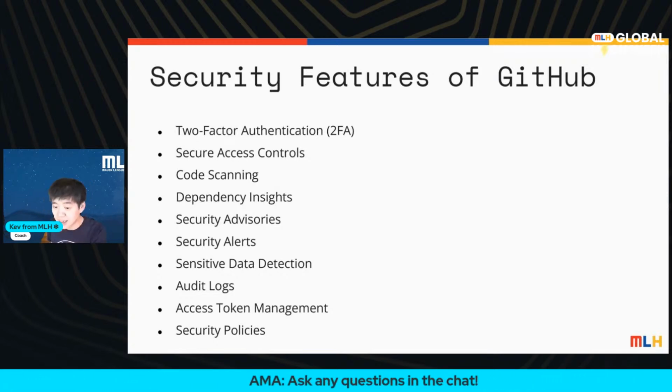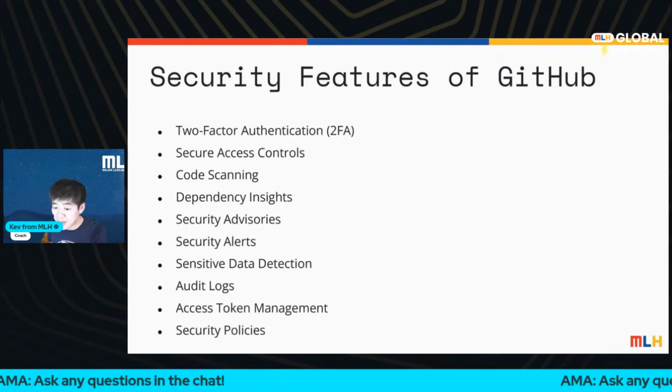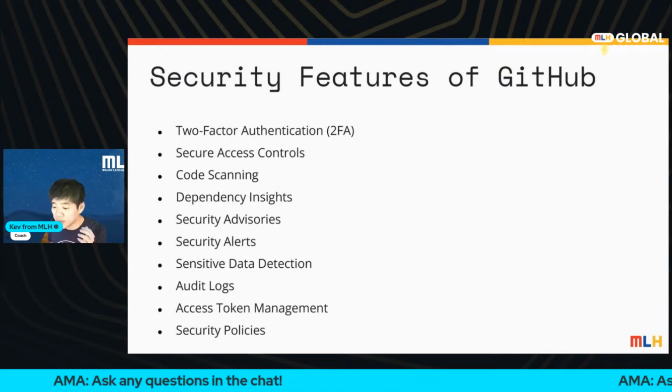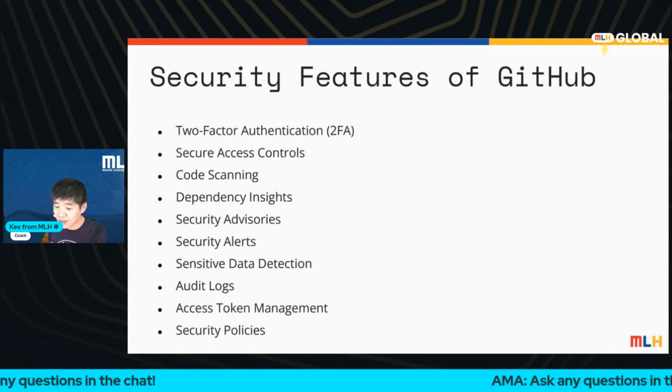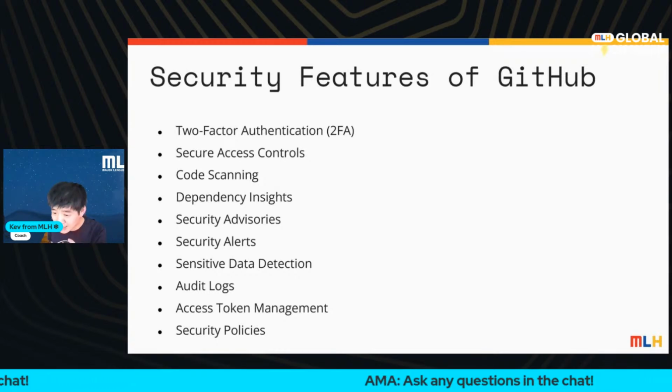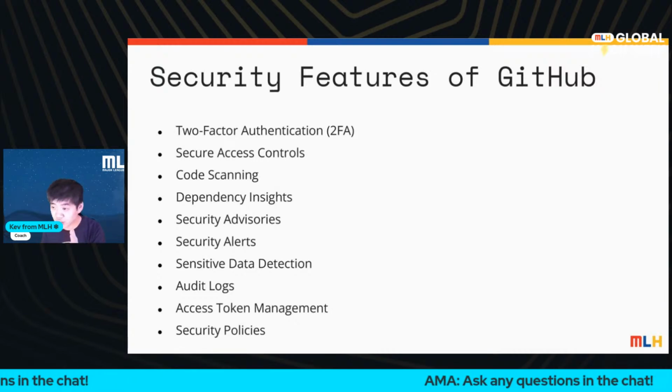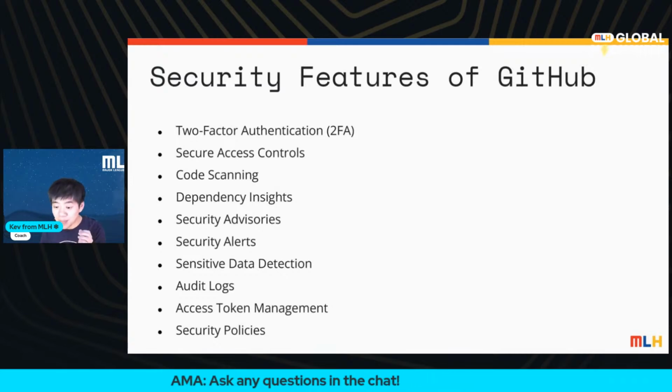But because of that, GitHub has sensitive data detection, where GitHub will identify potentially sensitive information. So if you're putting a password into your code, maybe you need it, there's proper ways of storing it, which we'll talk about in a bit. But if you put your API keys and you try to commit to a repository, GitHub will actually recognize and say, hey, are you sure you want to commit this? This doesn't look like something you want to commit and publish and have everyone be able to see. And that's a great security warning thing, because you never really want to publish your passwords. On top of that,